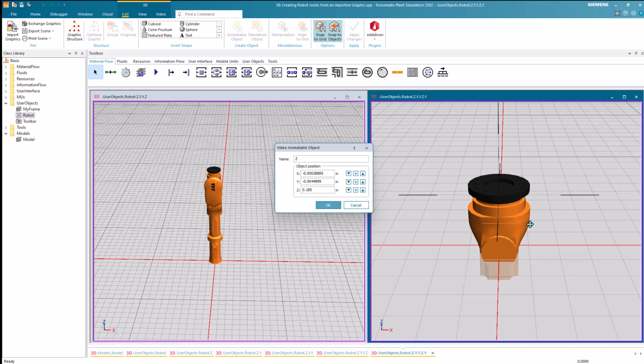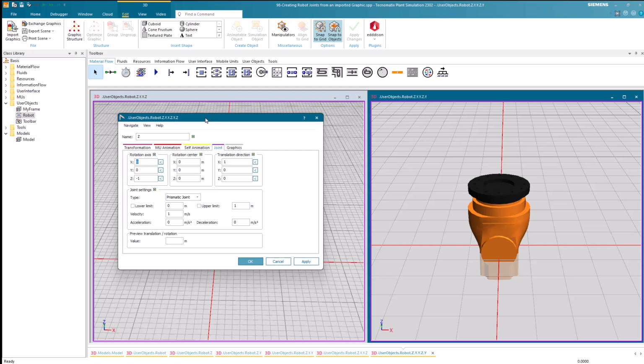Then we click OK. In the upcoming dialog, we can leave the rotation axis as it is and select Revolute Joint as the joint type. Then we again set the velocity to 10 degrees per second. In the preview, we can observe that the joint moves accordingly.